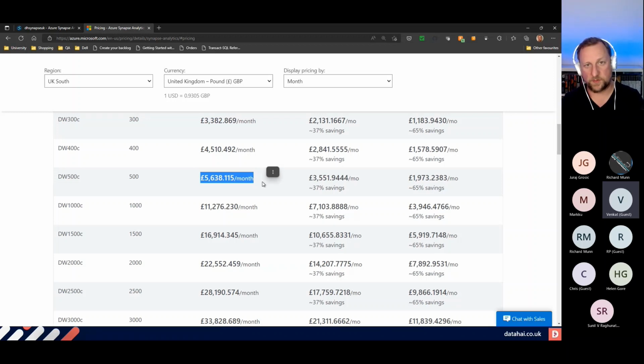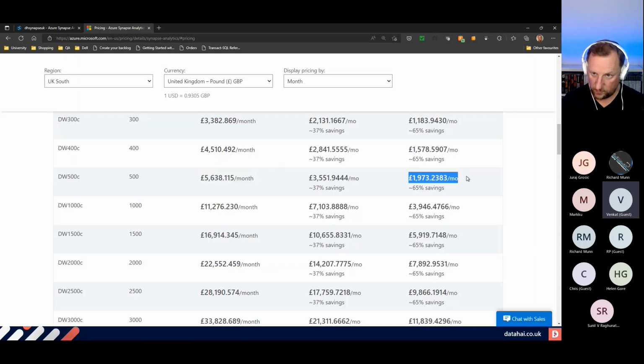Yeah, so it's a pausable service. You can run that through Azure Automation to pause and resume. But look at the savings if you say to Microsoft, okay, we're going to be using this for the next 3 years. Now, I kind of like to think that if you're going to be using dedicated SQL pools,